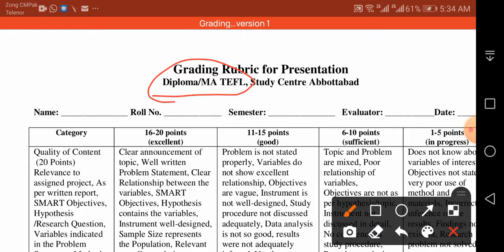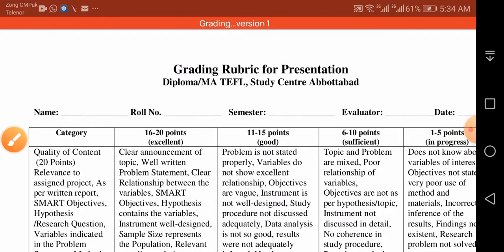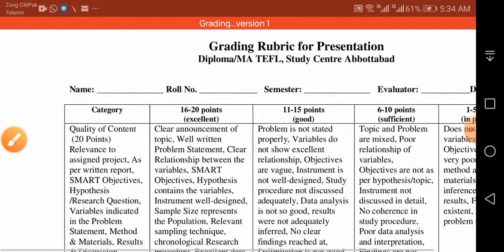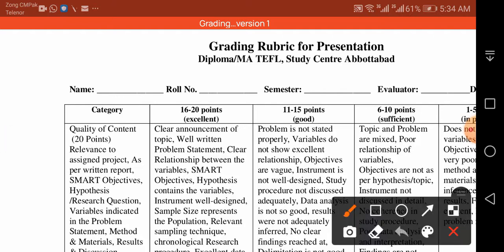And during that presentation, students are evaluated. So what are the criteria to be kept in mind? Usually such a presentation, although it is an oral presentation, is different from other oral presentations.